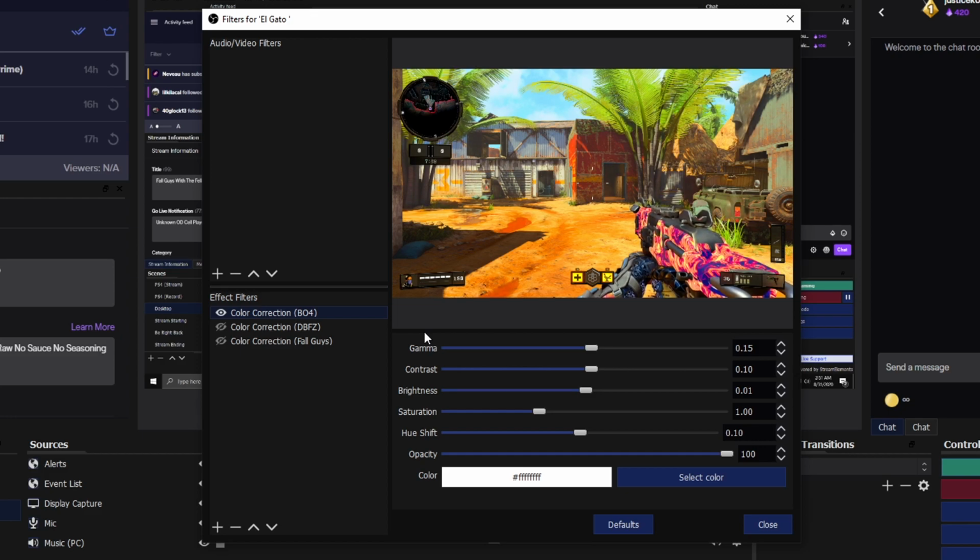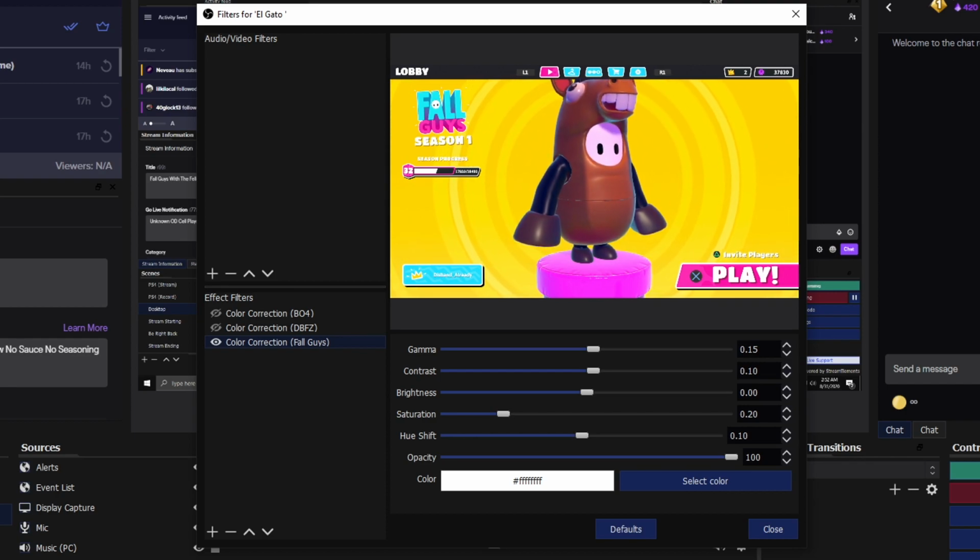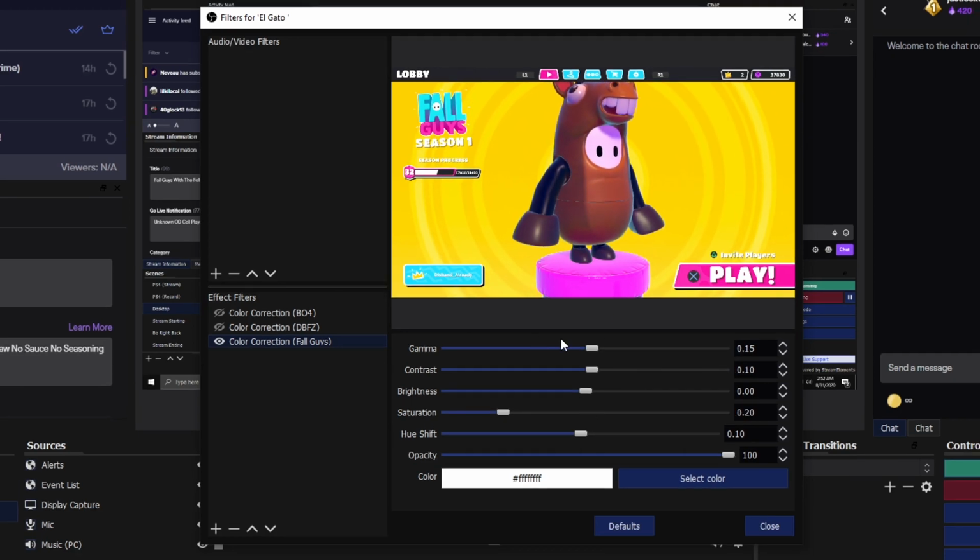Let's go ahead and take a look at Fall Guys now, which is interesting because it's already a colorful game, but I find that a slight color correction can still make it pop a little more or look a little more vibrant. Let's go over to Fall Guys now though. All right, now that we're on Fall Guys, this game is really colorful already, so I find it best not to crank any of these settings up any higher than what these are. It starts to make the game look a little cartoony-ish. I mean, it's already a cartoon looking game, I guess, but let's go to the actual game,